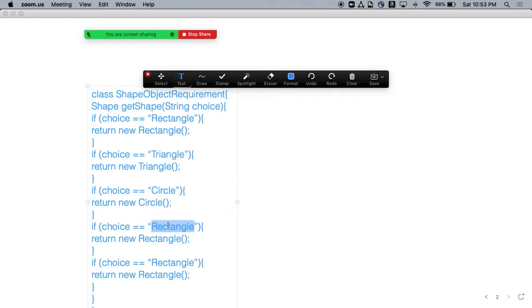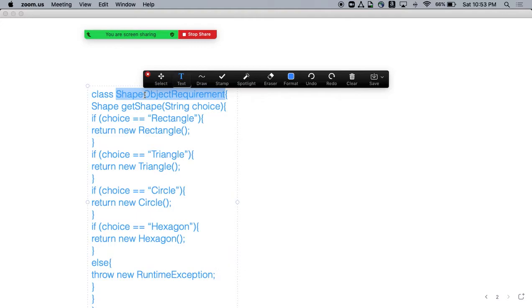Then we can copy this for the other shapes and select new. This is the person who needs this shape, right?